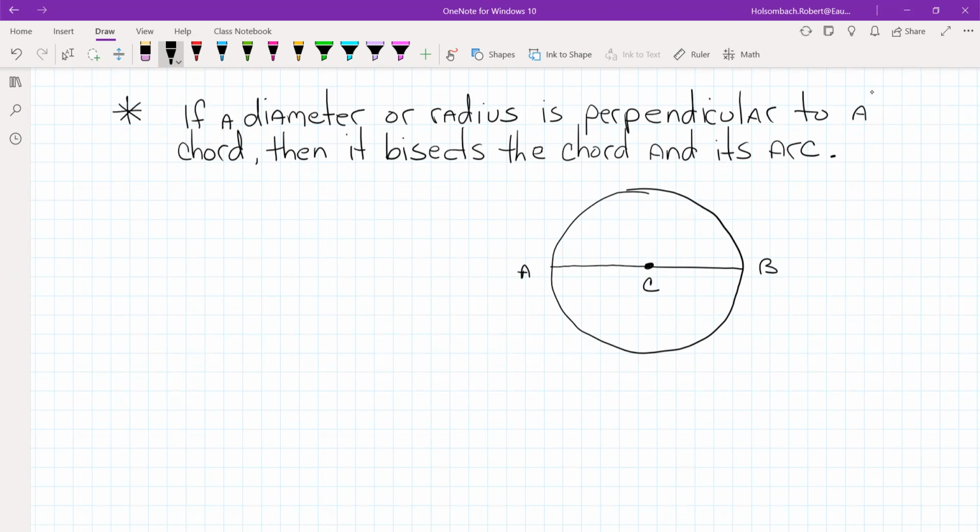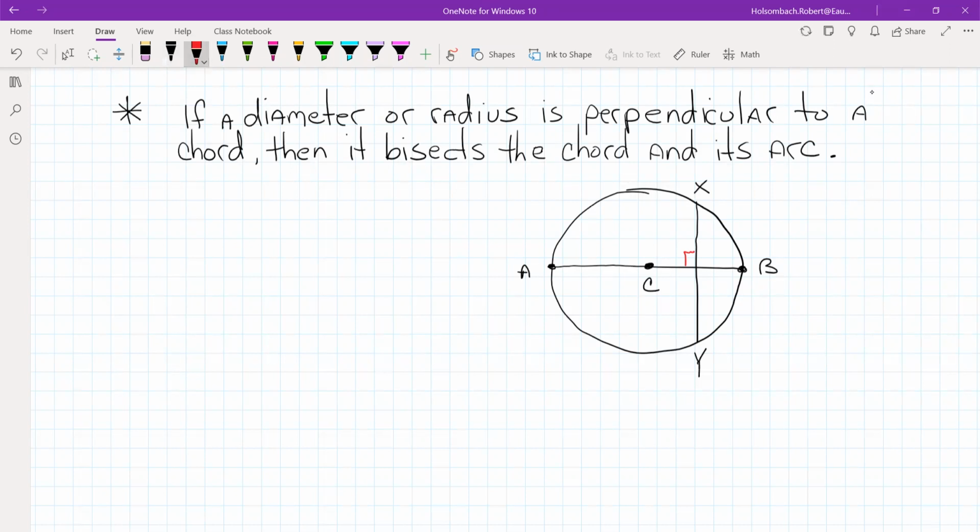All right, so now we've got a diameter, we've got a chord, and here's our symbol for 90-degree angle or perpendicular. So when this diameter, AB, or radius, the radius portion of this diameter is C to B. So if a diameter, AB, or a radius, CB, is perpendicular to a chord, that's what we have here,